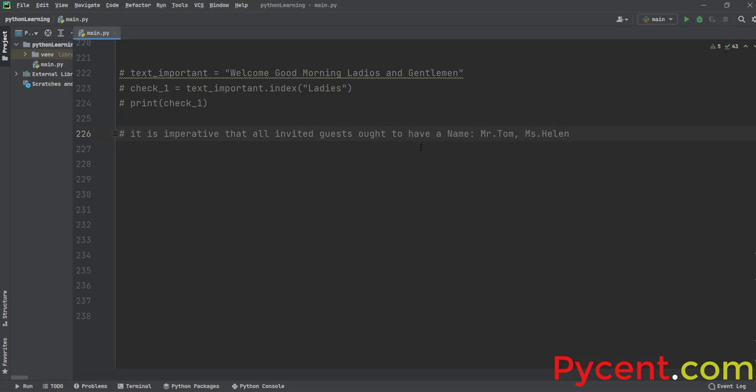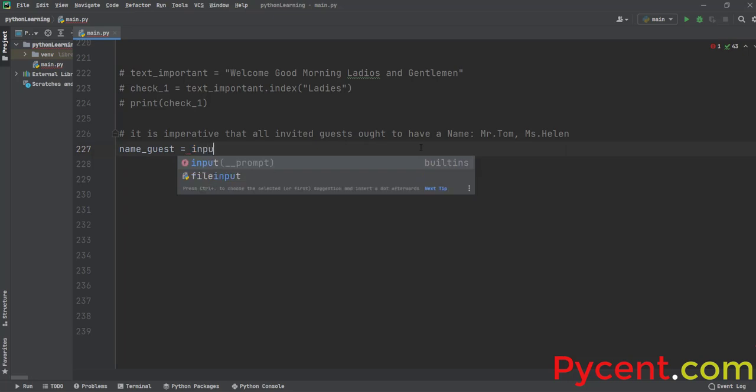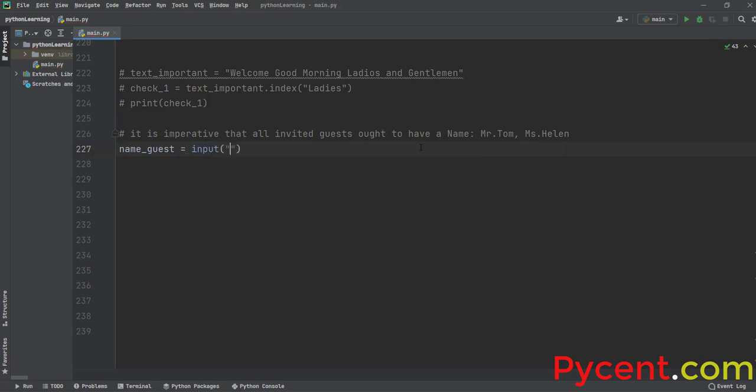like that. So we need to have a check. So how are we going to do the check? For that, we need this isalpha. Let me give this illustration, for example. I'm going to start like this: name of the guest is equal to, say, I'm taking in the input, please enter your guest name,